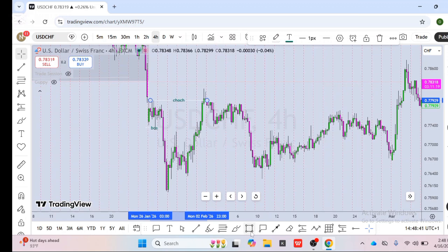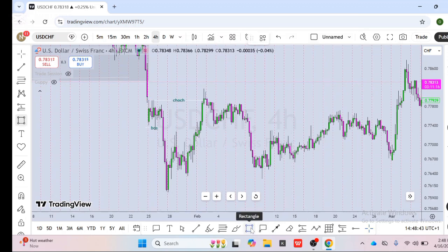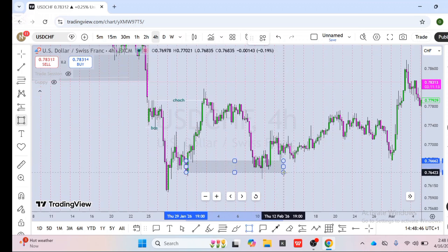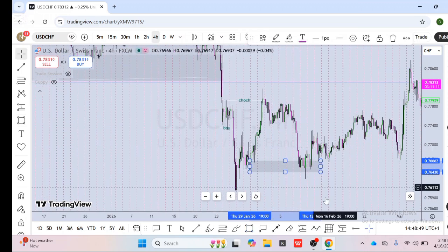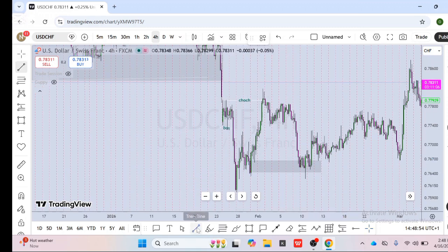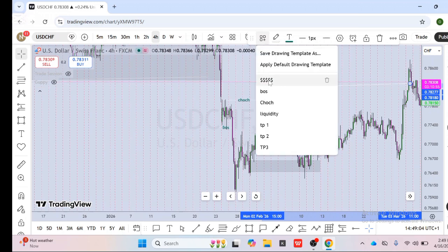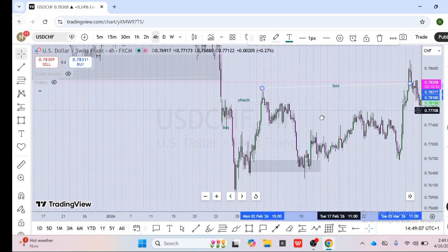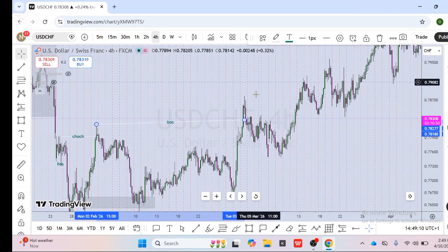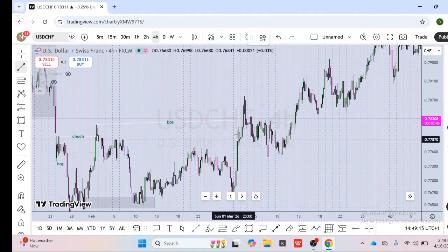I have a glitch in my network. The network today is somehow... Price came here, and what happened again? This high was broken. This is another break of structure. So after that, price came back, did another break of structure,